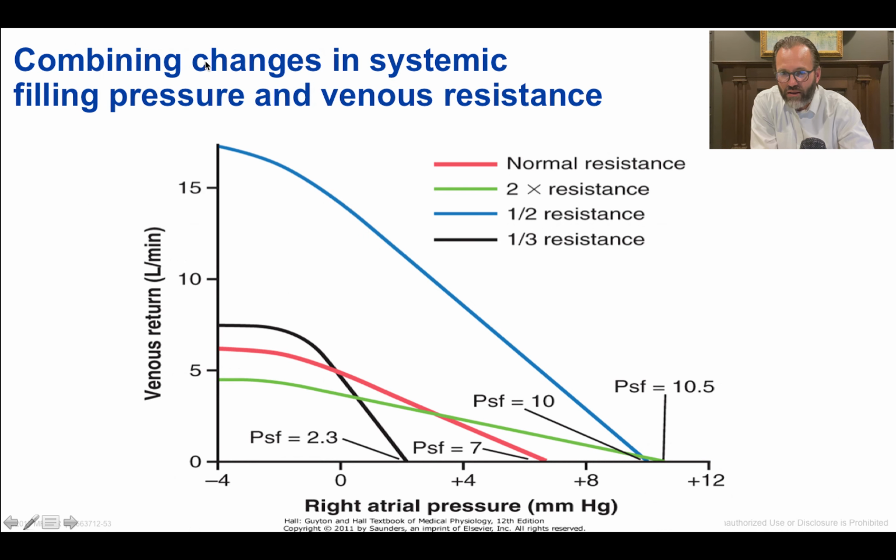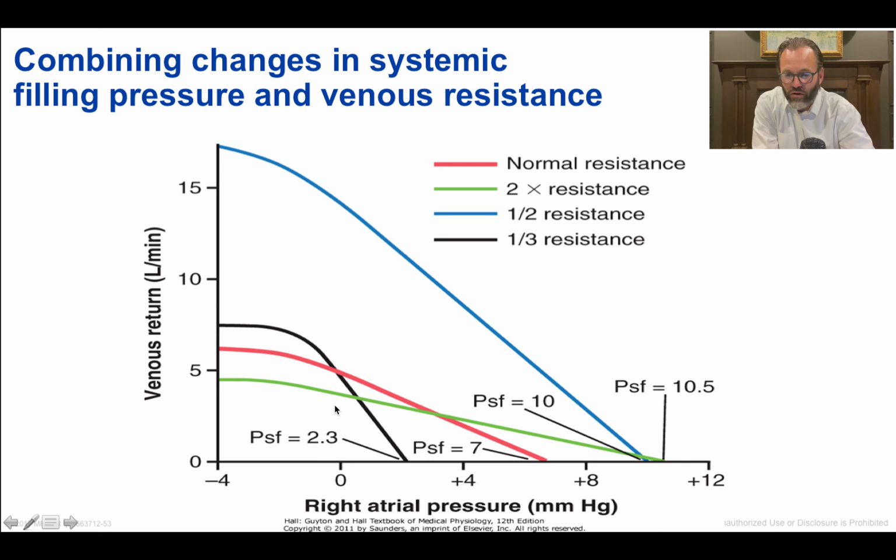So if we start to combine these things to ask how we can optimize venous return in times of stress, or what the tremendous insults to the system are that ultimately result in disabling cardiovascular function, you can see we've got our normal conditions here. If we take normal conditions and increase venous resistance, or increase resistance to outflow from that venous system, you have to have a very dramatic increase in systemic filling pressure in order to actually push blood flow back up